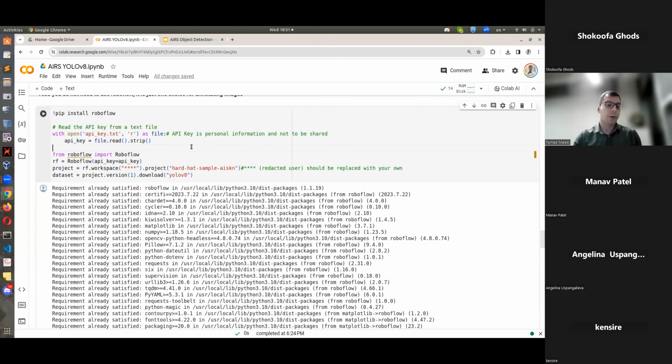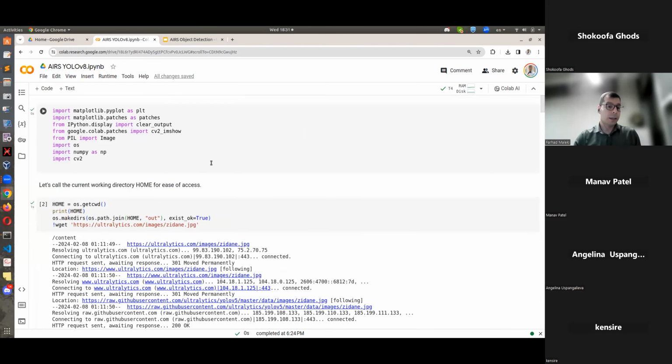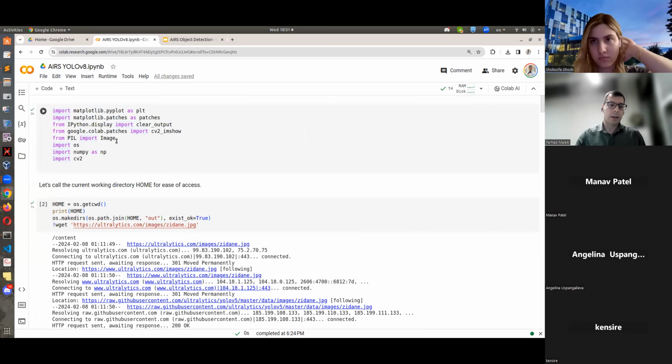So if you want to run this on your own laptop, you need to run this code on your local machine. It's okay if you don't have a GPU. It should work on CPU as well. More specifically, these days you might need to decrease the resolution of your images if you have an old laptop. Make sure to install all of the packages and dependencies, and then go through this code.